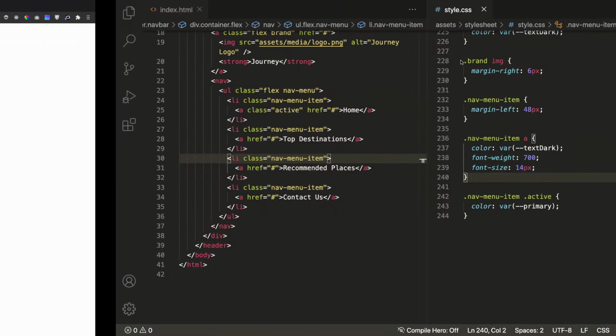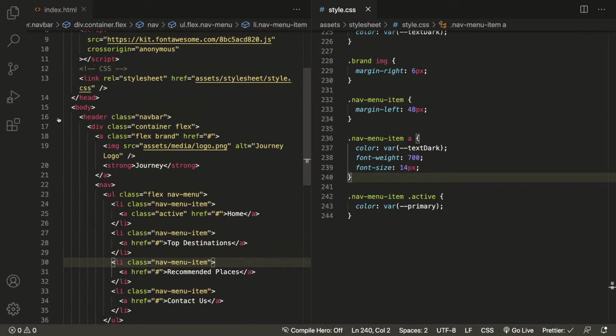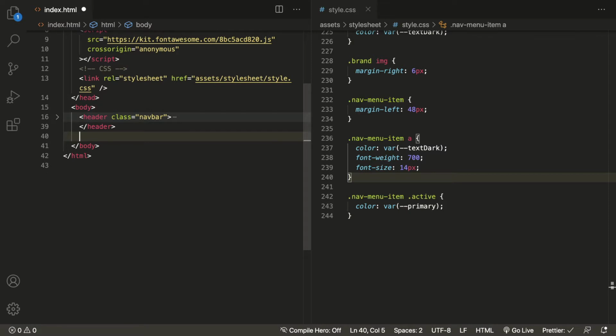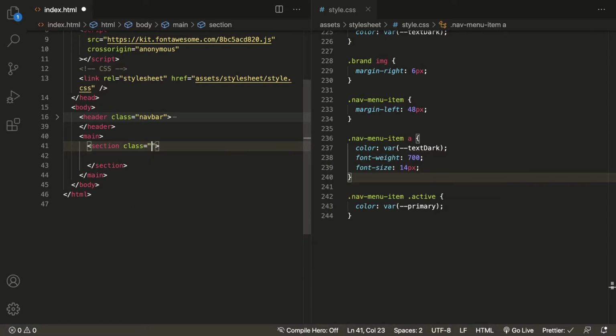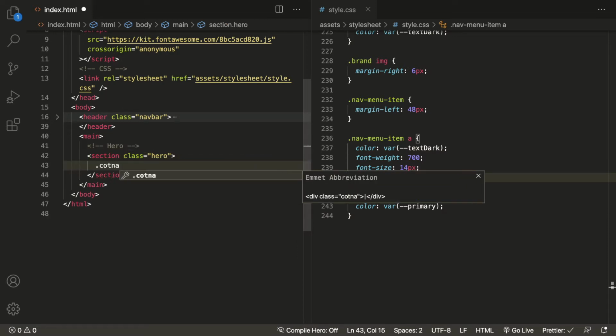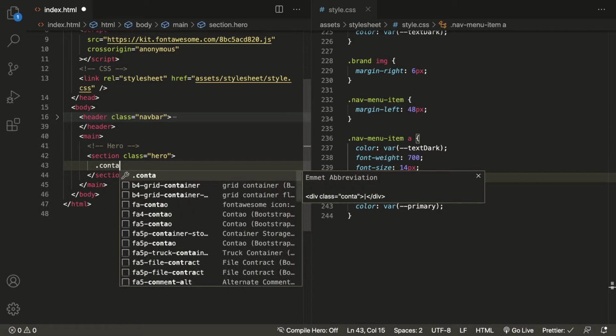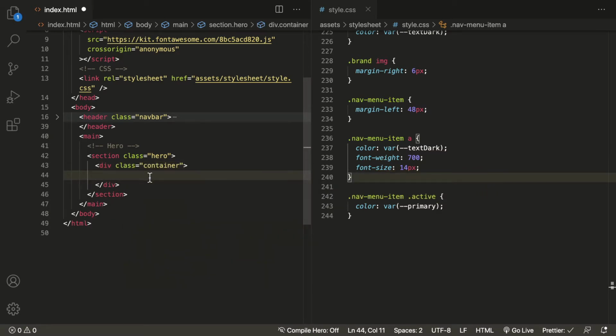Now we can move into our hero section. So now after this header, let's take main. Inside the main, let's take section tag, give it a class of hero. So this should be our hero section. Take container. Inside the container,